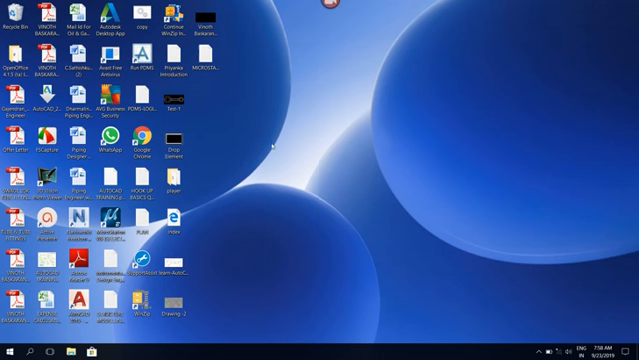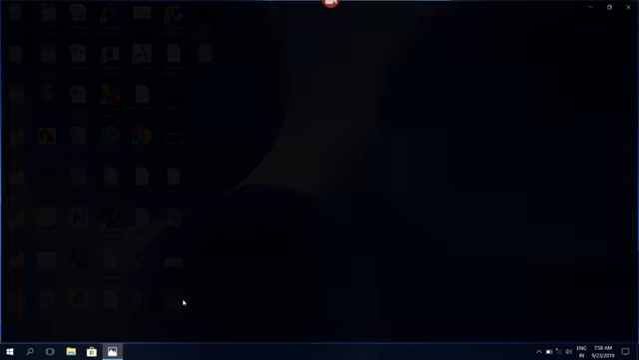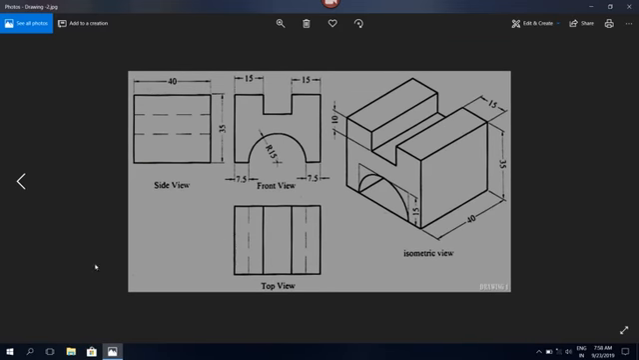Welcome to Microstation Learning. Today we are going to create a drawing shown in this picture. In this picture we have an isometric view of a shape on the right side and the respective side view, front view, and top view in the left part of this picture. The side view, front view, and top view are two-dimensional drawings, and the isometric view is a three-dimensional